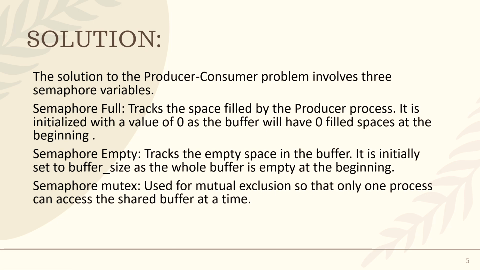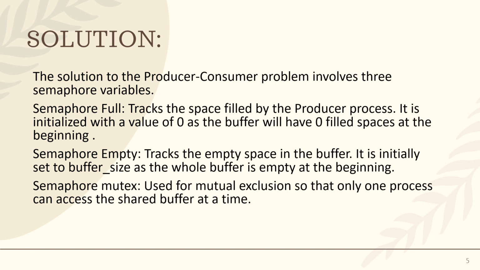So the solution to this producer-consumer problem can be given with the help of semaphore variables. There are three semaphore variables used: full, empty, and mutex. The semaphore full variable tracks the space that is filled by the producer process. Initially, it is given the value 0, as there will be no items produced by the producer. The empty